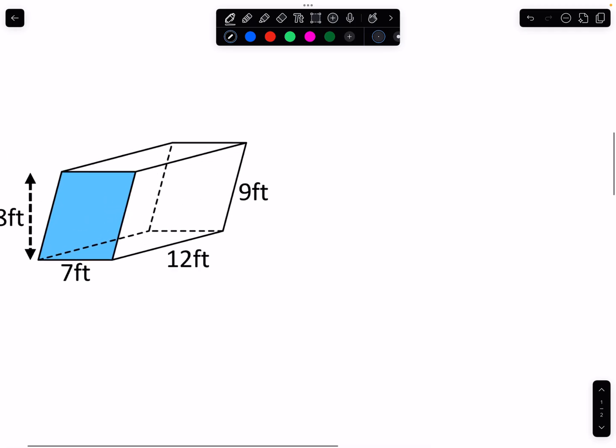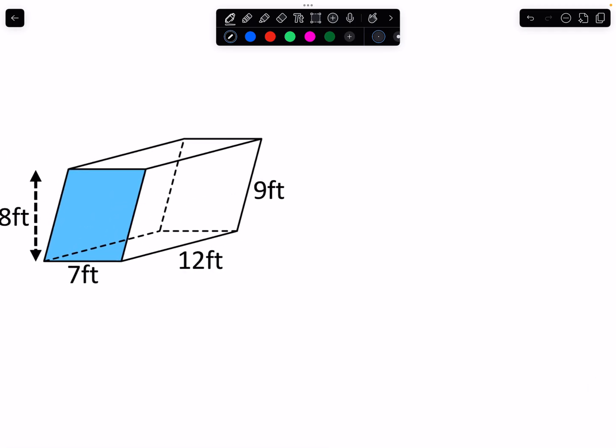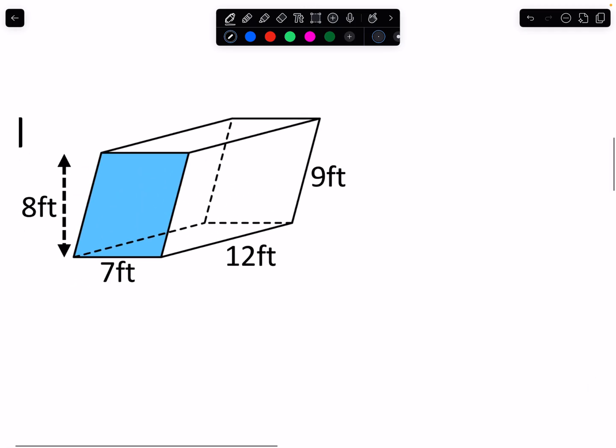This here. Now, what type of prism do we think this is going to be? Okay. Generally, the naming convention for our prisms is by the face that is not a rectangle. Note that all of our length faces are rectangles, because this is almost just like a rectangle that's been slanted, right? That's still a rectangle. However, this face here,